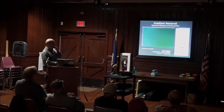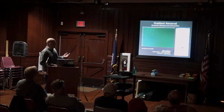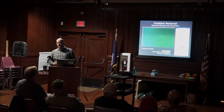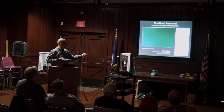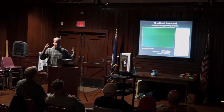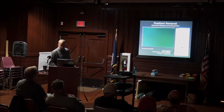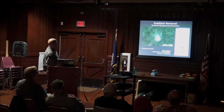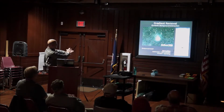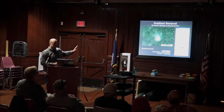And what you can do with it, you can either subtract this background or divide it. Because light pollution is an additive effect, you know, you're counting the light from your source plus the light from Williamsburg. Whereas vignetting and uneven field illumination is a multiplicative effect, and division does that. So in this case, I just subtracted it out. Let's see, I think here's my cool animation. You can kind of see the light from this side came down. This side here popped up a little bit, but I think overall, it made the field more uniform,